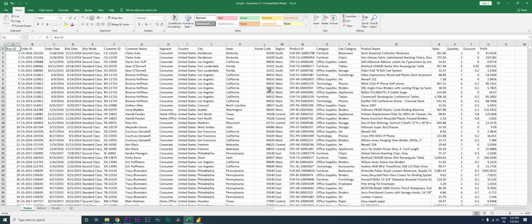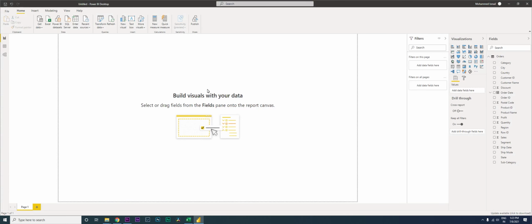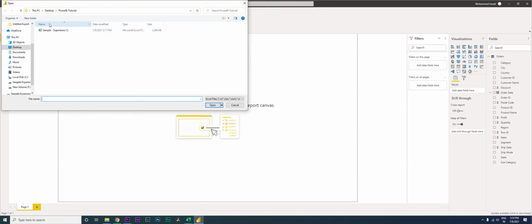I have a sample data set over here in Excel. Now there are multiple ways where you can connect your Power BI and extract the data from. For example, when you click here on the home tab, there is this get data symbol. When you click here, you can see that there are various data sources that are available within Power BI. One is Excel, you have your SQL server, you have your text or CSV files. You can also connect this directly to your SharePoint, etc. Right? Let's get started and connect this to Excel.